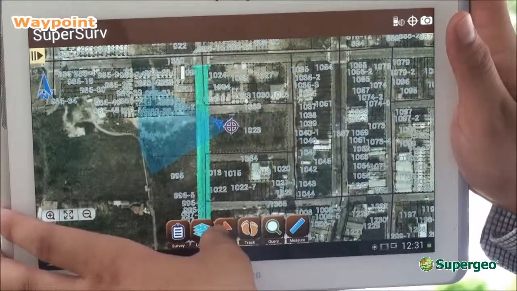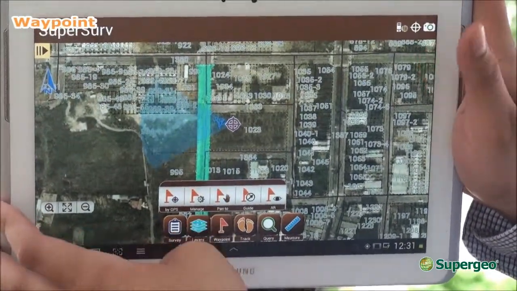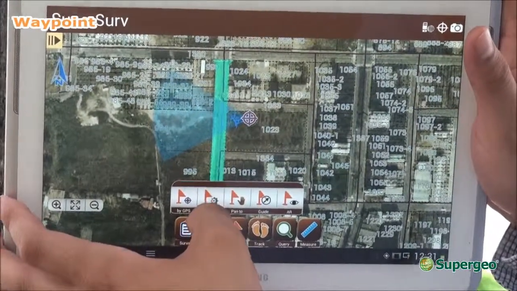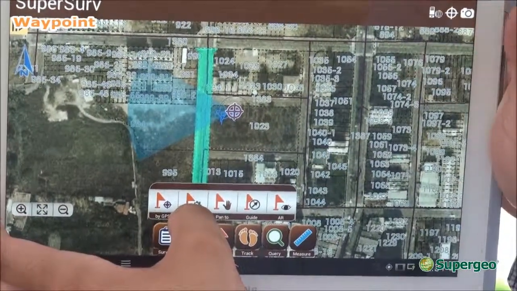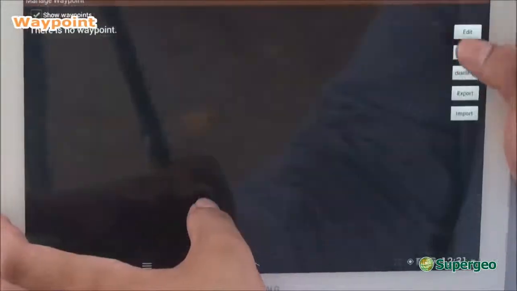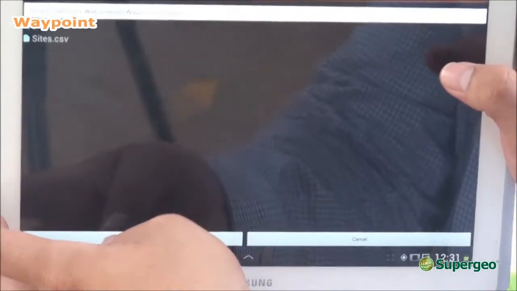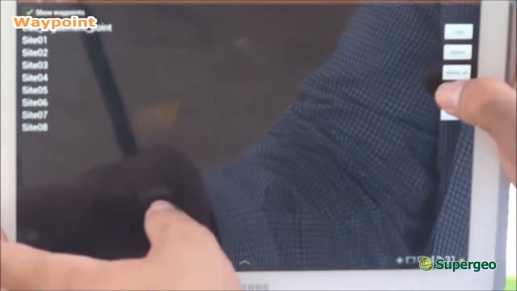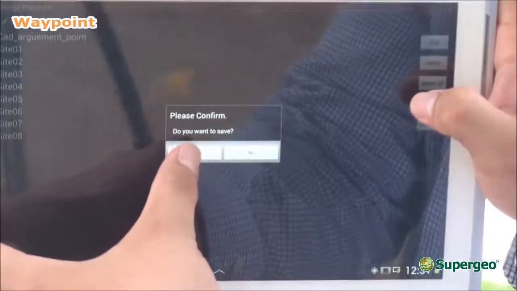And the final part is the waypoint system. Since I finished the data collecting in this area, in this field, if you want to move around to a different site, you can simply use the waypoint system as your spatial guidance, because I have already put in the waypoint file. You can simply import the waypoint file. This one I've just put in. We support three different kinds: the CSV, the TXT, and the KML format. So you can see now I have already imported all the waypoints, and I'm going to save it